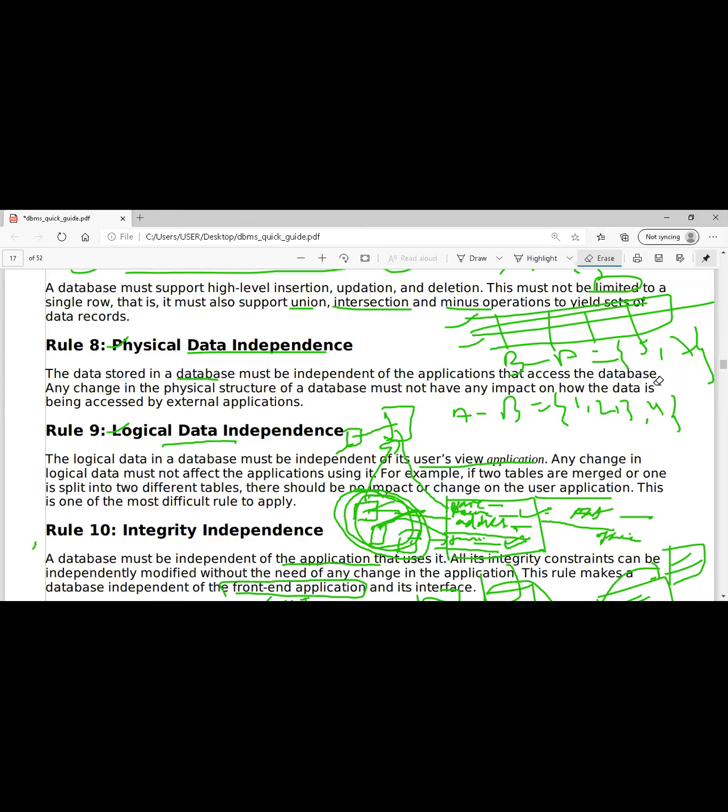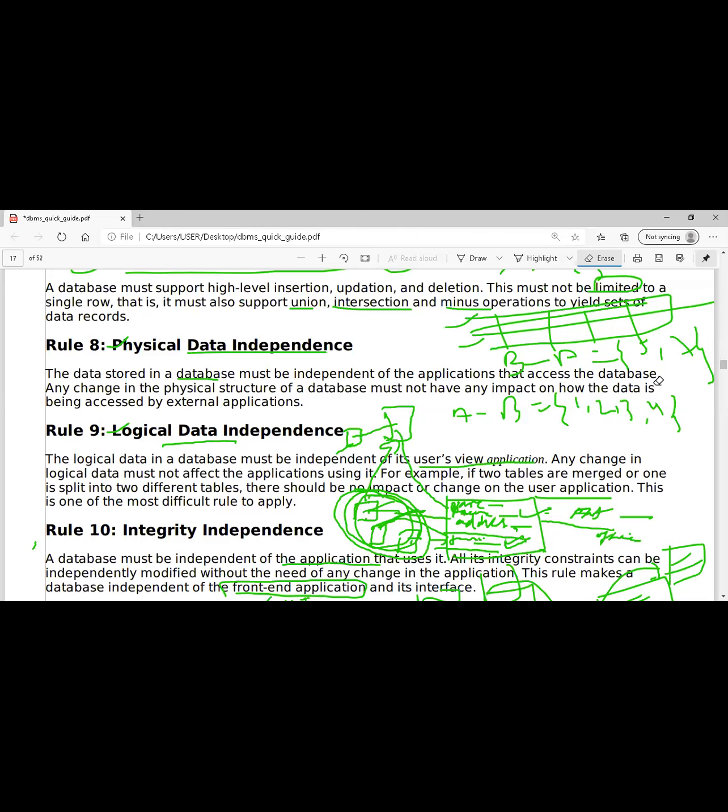It should not impact my data whenever you ask for any information from my side. If you ask something from me, I will give the answer, but the answer should be in your language. The translator should be there. It should not be that I type in French and the French language gets stored in my computer. It should be translated into English, and the data should be stored in English only, because my structure is English. So I should not restrict the person.